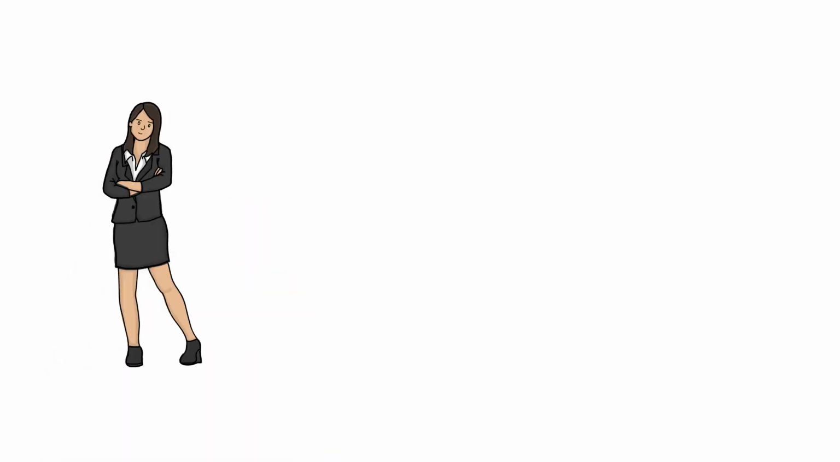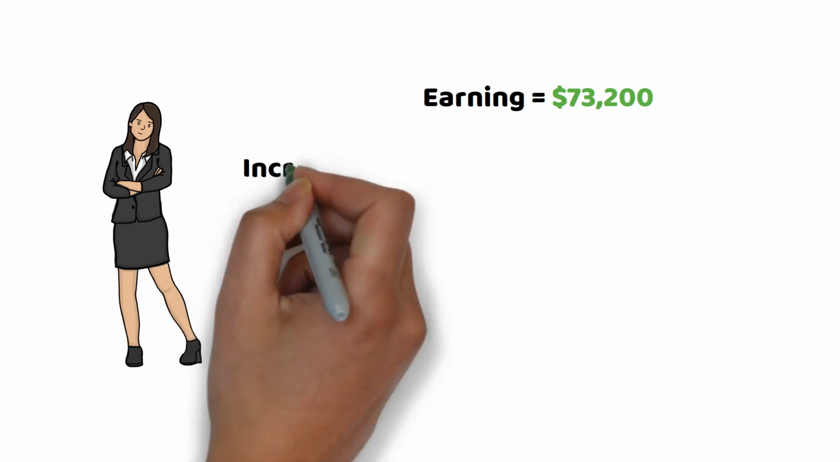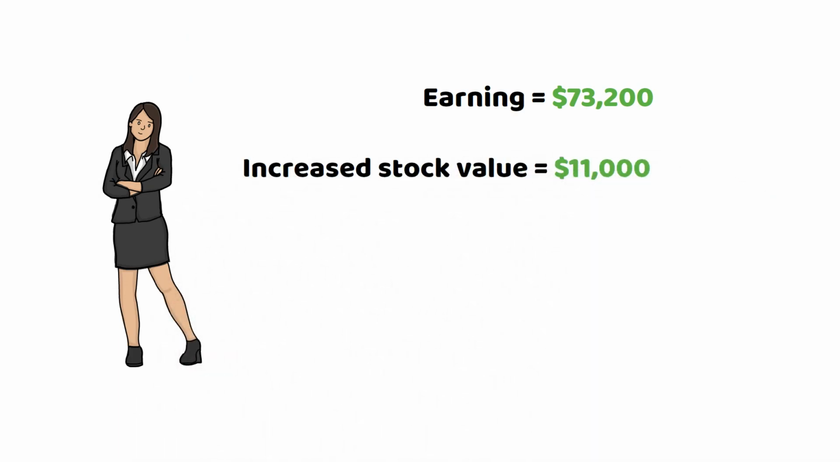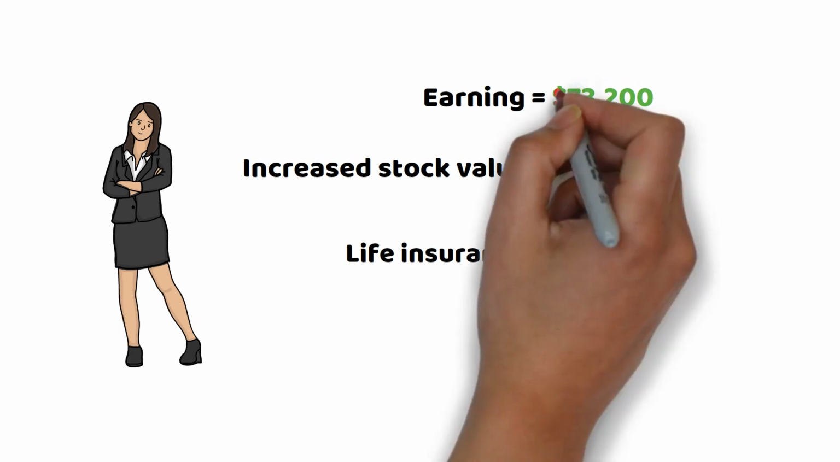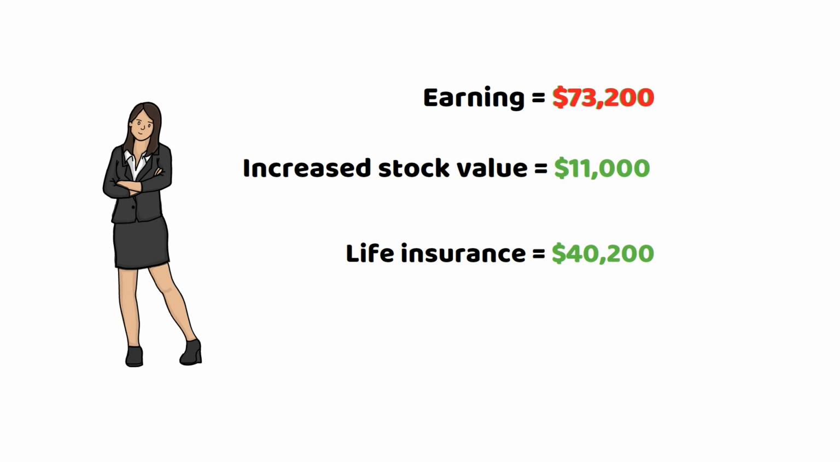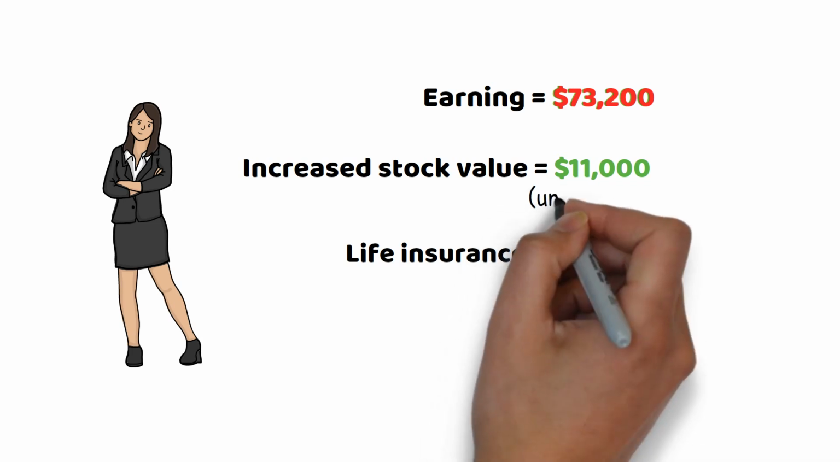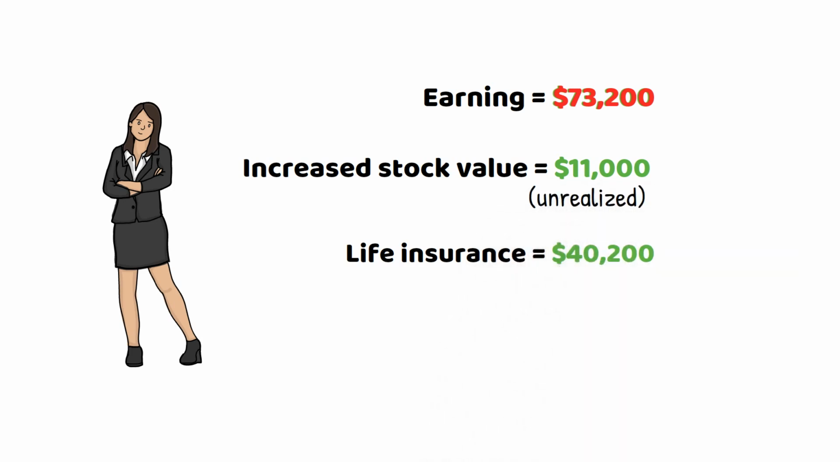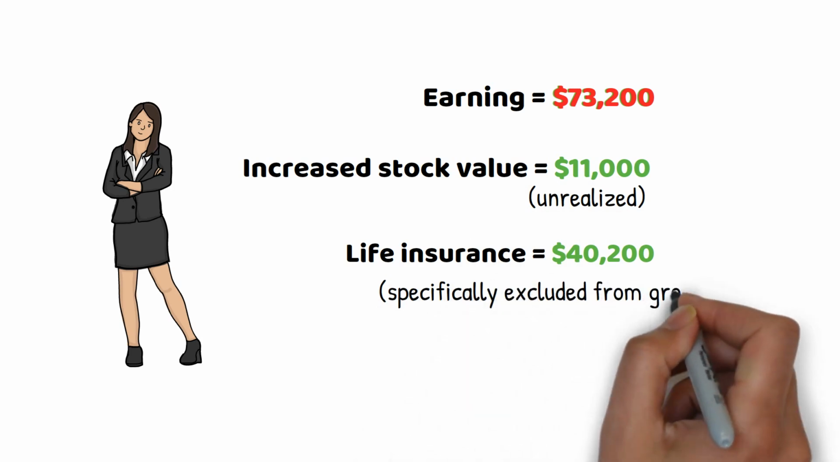Consider Sarah, who earned $73,200 from her job. Her stock in ABC Company increased in value by $11,000, but she didn't sell any shares. She also received $40,200 from life insurance proceeds due to her husband's death. For tax purposes, only her compensation, the $73,200, counts as gross income. The unsold stock appreciation and life insurance proceeds aren't considered taxable income. The former because it's unrealized and the latter because life insurance proceeds are specifically excluded from gross income in the